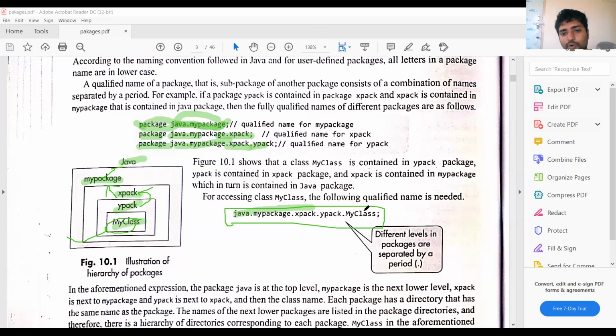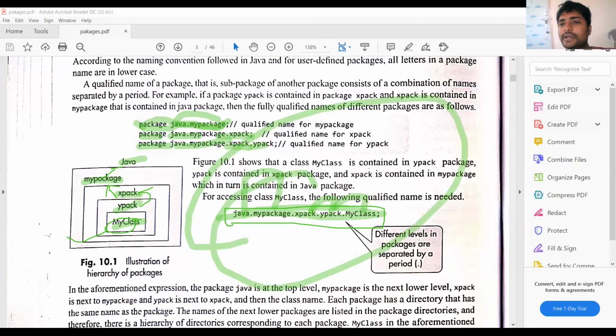This is how you can import myclass. Myclass is a class in the package ypack, but ypack is a sub package of xpack. Xpack is a sub package of mypackage. Mypackage is a sub package of Java. So this type of naming is known as fully qualified names.